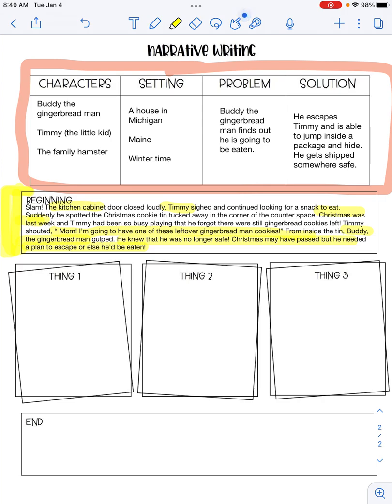When you end your beginning paragraph, your gingerbread man should have not gone anywhere. They're just finding out that they're going to be eaten. They haven't escaped or traveled anywhere yet. All right? Good luck. Submit when you